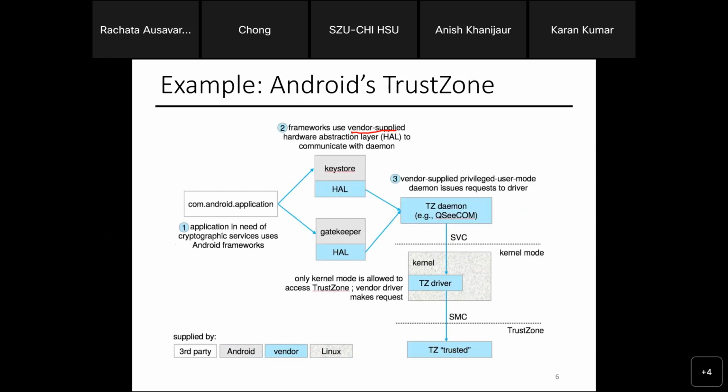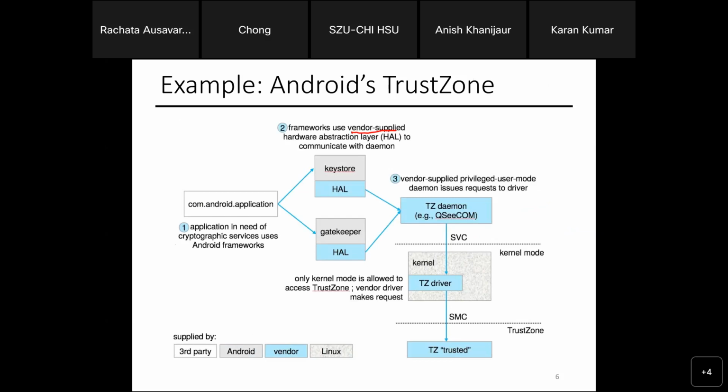That's how I would put it as one of the major trade-offs of Android system design. I built Android, I have to build it for all the vendors, right? Unlike Apple, which has the simplicity of this thing being used only on my hardware, and that's all. In this case, the vendor can add whatever hardware they want to add. So the way they do it is that the vendor would supply the hardware abstraction layer that would communicate with the trust zone daemon. Think of a daemon as a process that the system would invoke and maintain, right?